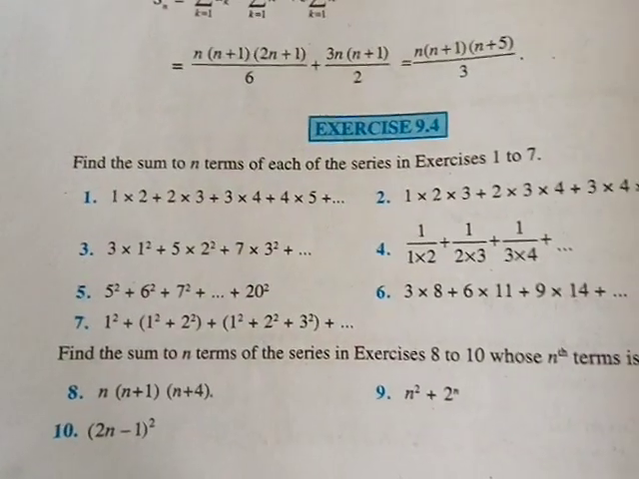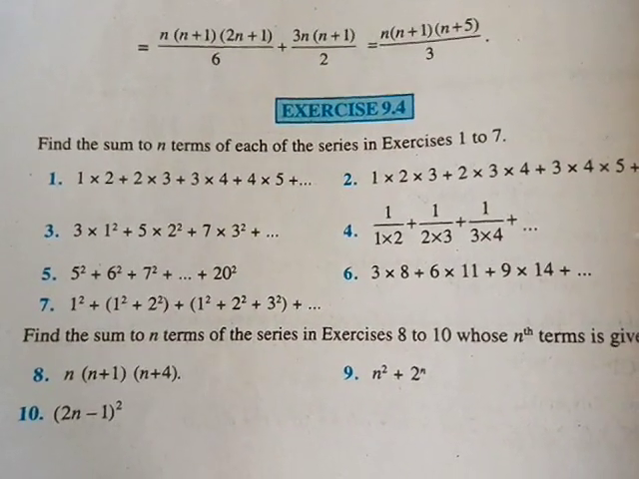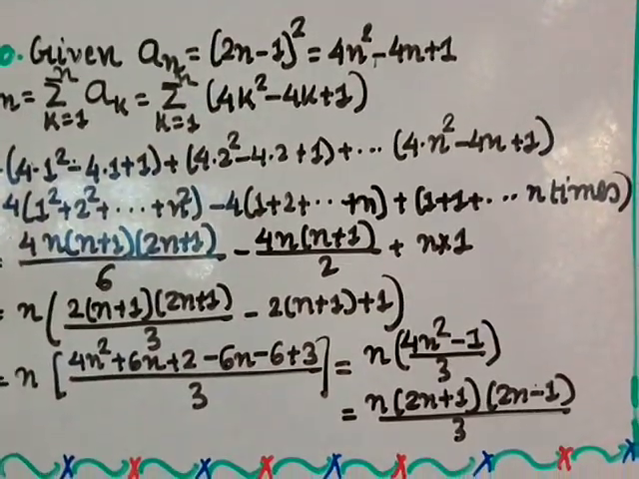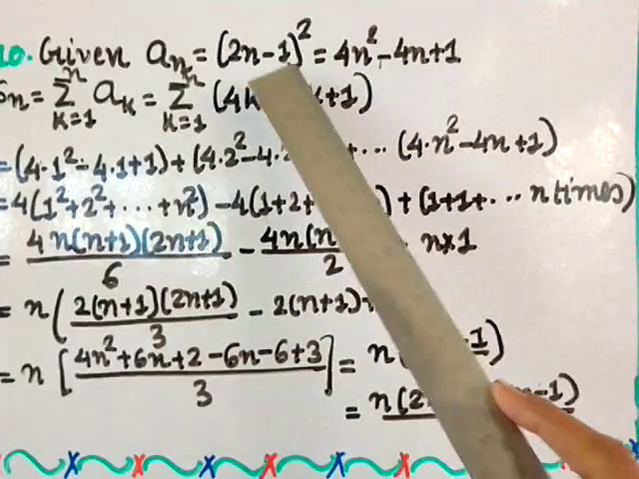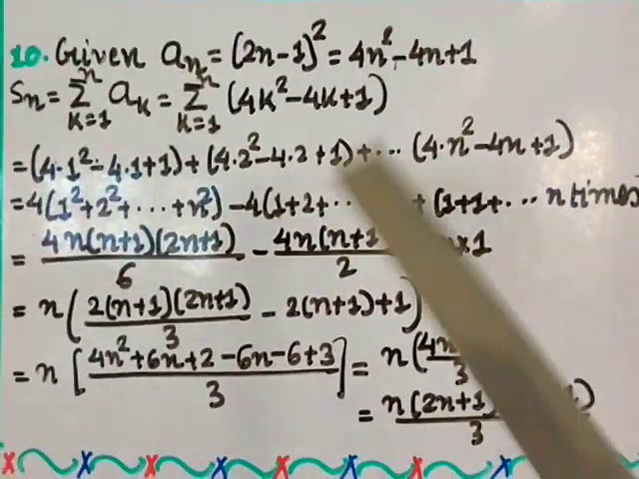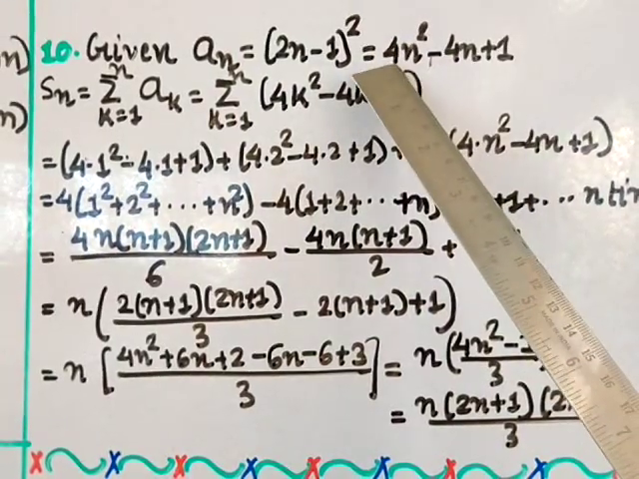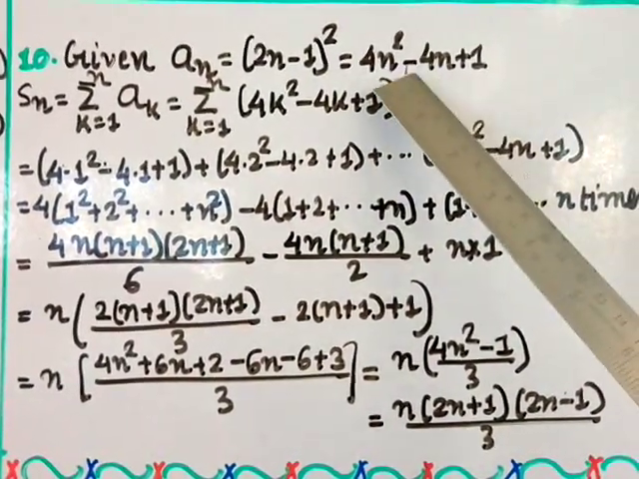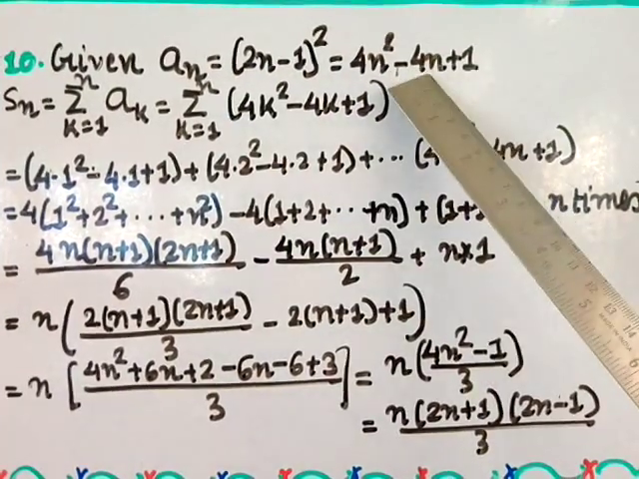Question number 10. We are given a_n equal to (2n minus 1) whole square. So this is (a minus b) whole square, and we expand it. When you expand this, (2n) whole square will give you 4n square, minus the middle term 2 into 2n into 1, so minus 4n,